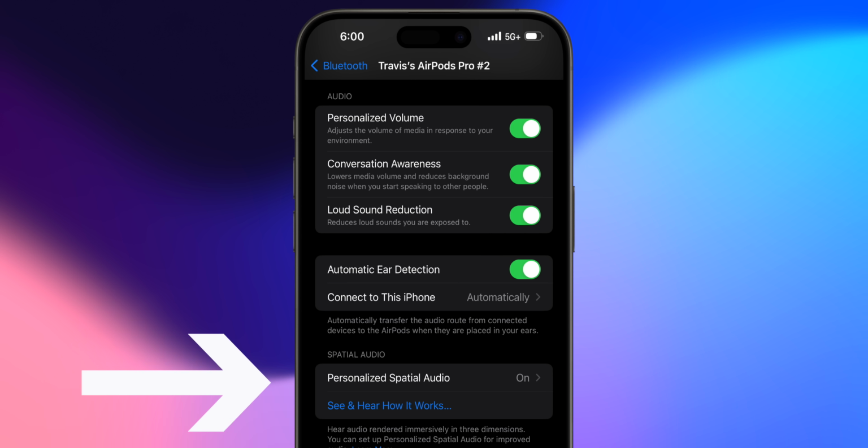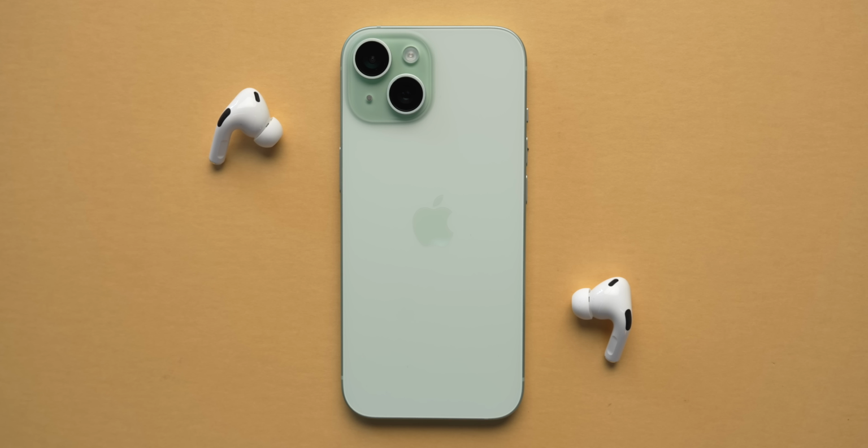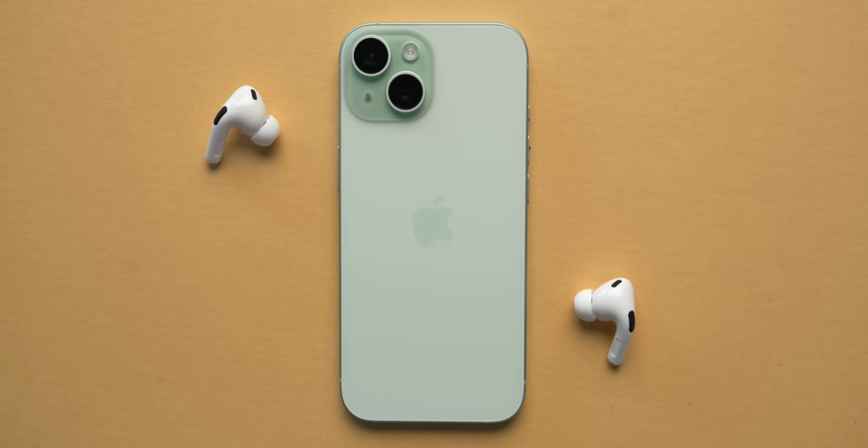Now, one thing to note, I am using the personalized spatial audio feature, which tailors your ears to the AirPods themselves using the TrueDepth camera on your iPhone, which is very important because everyone's ears are different. So for spatial audio, I am getting my specific spatial audio profile. And if you do pick up a pair of AirPods Pro second generation, definitely use that feature because it is